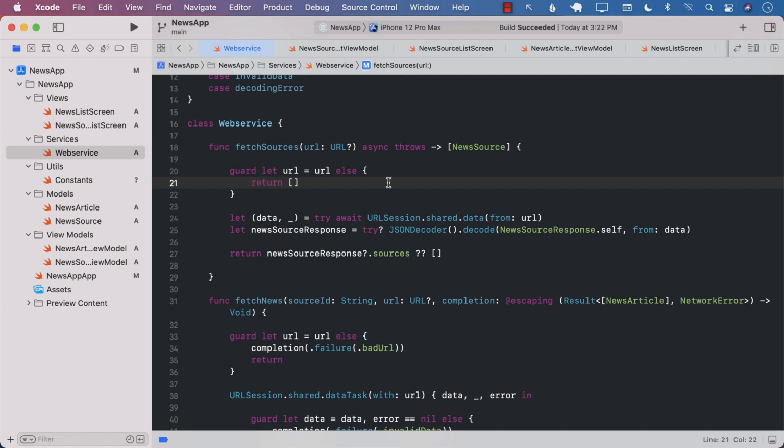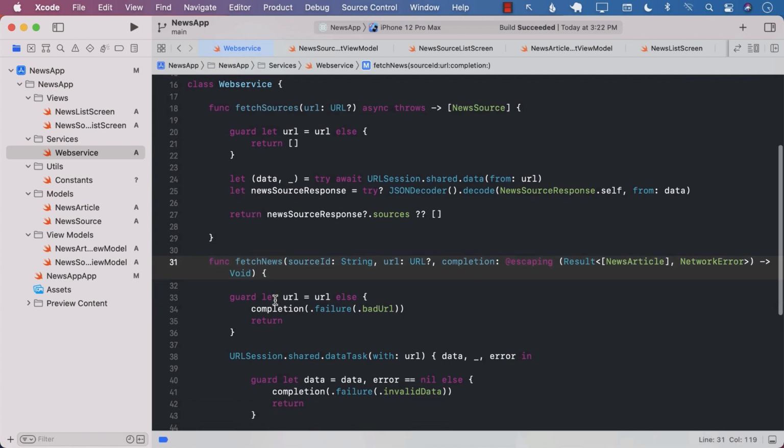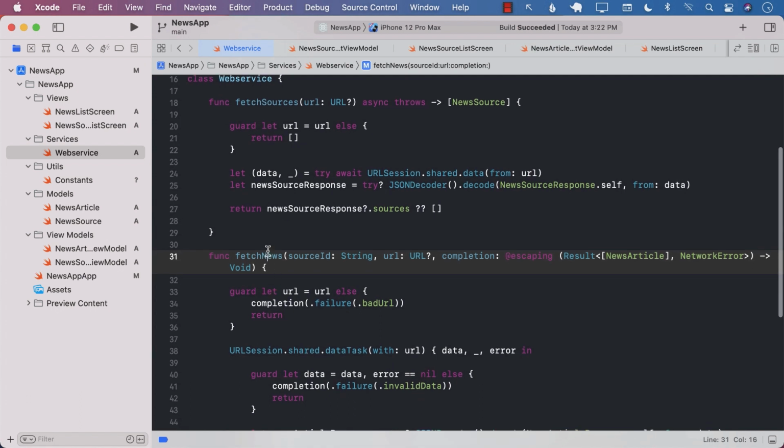The next task that we have is to update fetchNews. We can use the same exact technique to update fetchNews, but let's take a look at a different way of updating fetchNews, where we will make sure that the fetchNews function still remains. What does that even mean? Why can't we just go ahead and update fetchNews just like fetchSources? Well, we can, but let's just assume that fetchSources